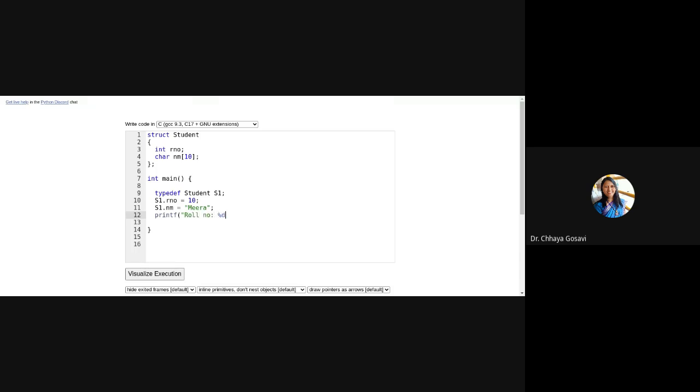Then print S1 dot roll number and S1 dot name.